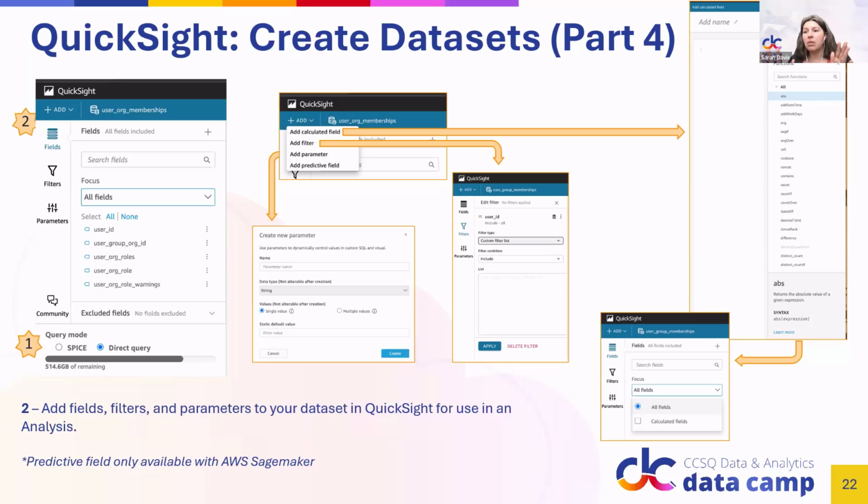It's obviously going to depend upon your data and your data field types, but I just am bringing this up because while you can do this in SAS-Viya or Databricks, if you forget to do it there, or if it's just not possible because you're bringing in data from multiple different places, you have the ability to do this at the time of dataset creation within QuickSight.